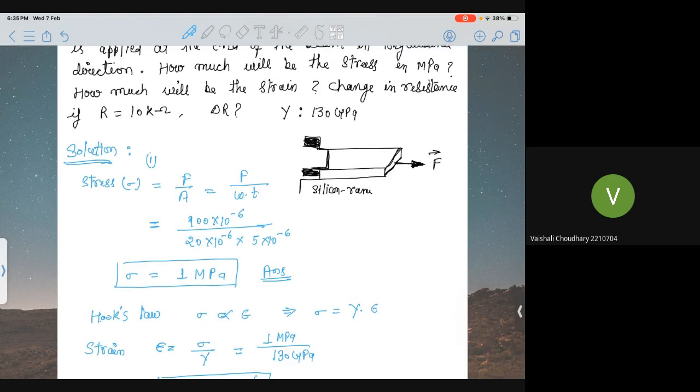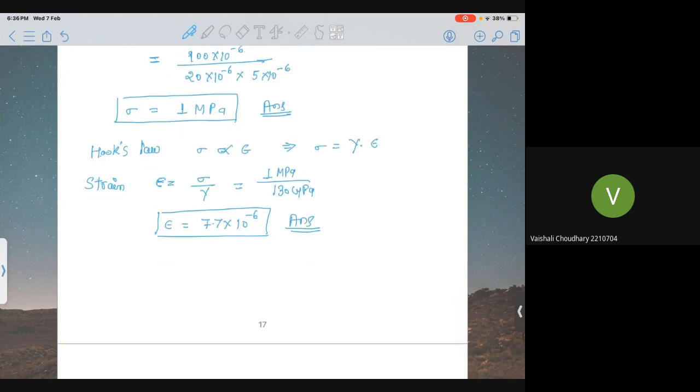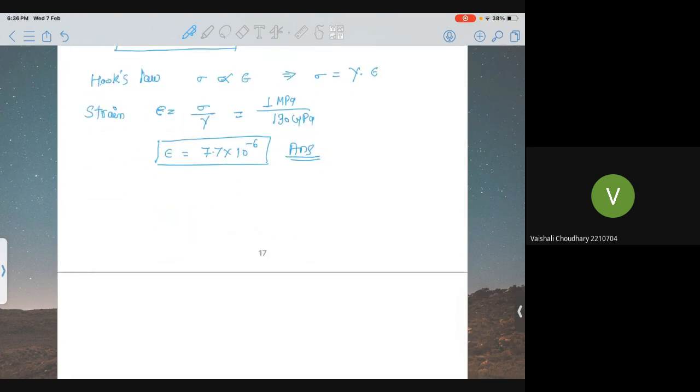they are asking what is the change in resistance. So this is a piezoresistive sensor. The property of piezoresistive material is that if you apply a force in any direction or stretch the material, the resistivity of the material changes. In that case, you are applying a force in the longitudinal direction, which means you are stretching the material, so the resistivity of that beam will change. And they are asking what is the change in resistance corresponding to the force. Okay,